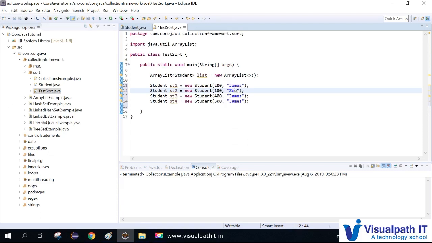Geo, and Thomas, Justin. So I have given different names for different users, and different roll numbers for all of them, and I'm just adding those values to a list. st1, repeating for 4. We have 4 objects, right? I'm just repeating for 4 of them,